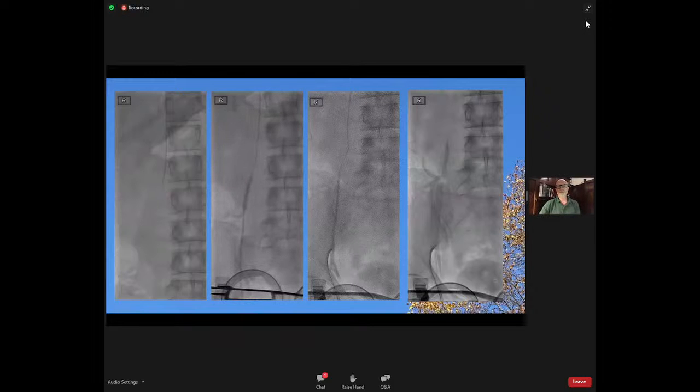You can see the femstop at the lower part there, and then laying out that sodium tetradecyl sulfate with the femstop in position, with a nice column of sodium tetradecyl sulfate seen on the right image, and nicely filling the vein. You can see at the end it's quite a big vein, and that's probably the size of the vein during the normal working day, or during the normal day being upright.